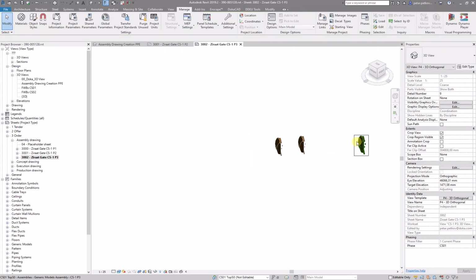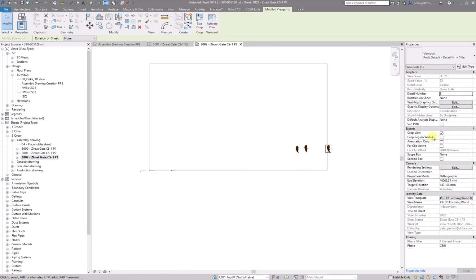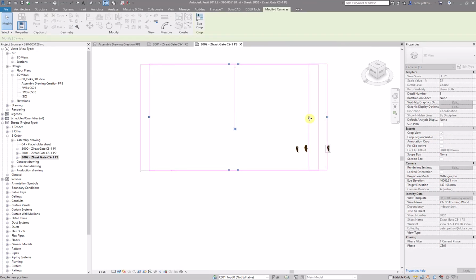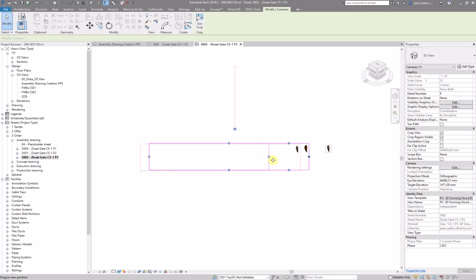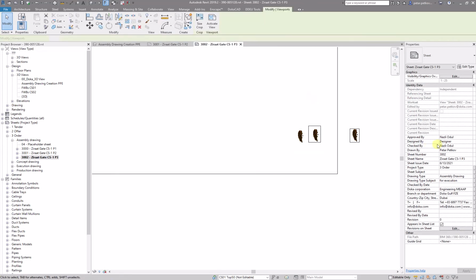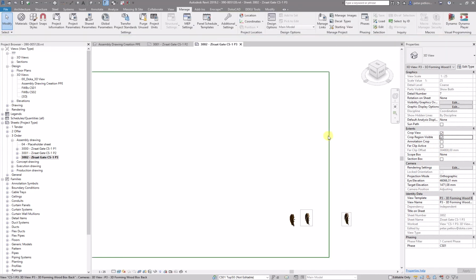Then you select the second one. You have to double click outside to exit it. Then you go inside, select the second one, you make crop region visible, then double click inside, select the line, and then drag this one to the shape of it. Then exit, select the third one, visible, apply, double click, select the line,